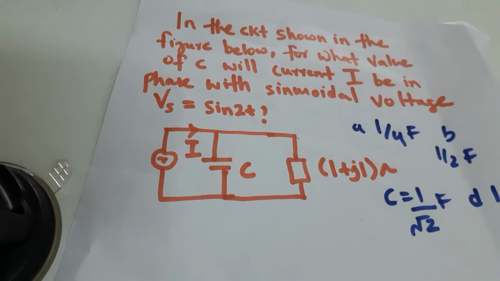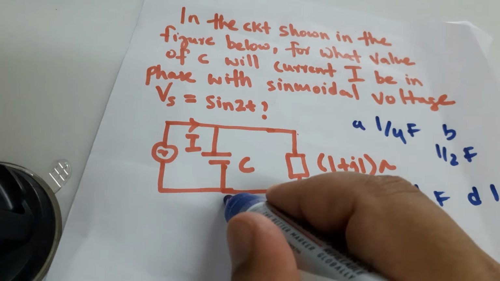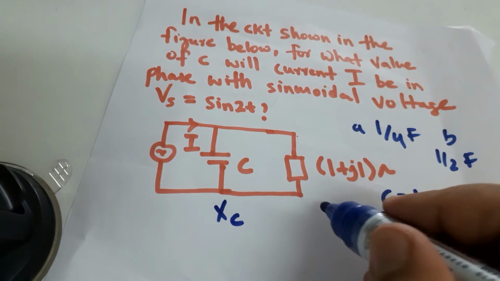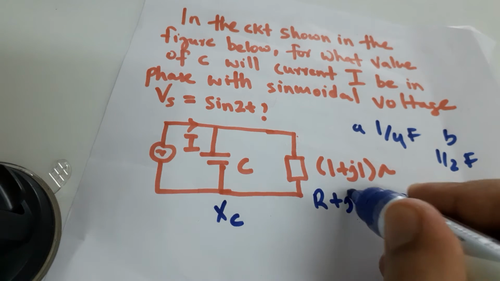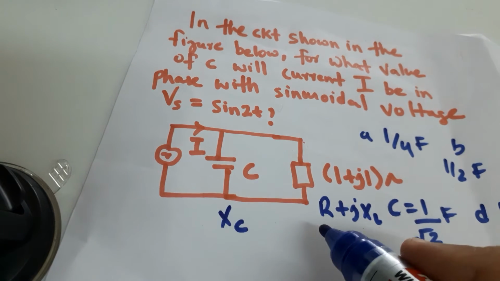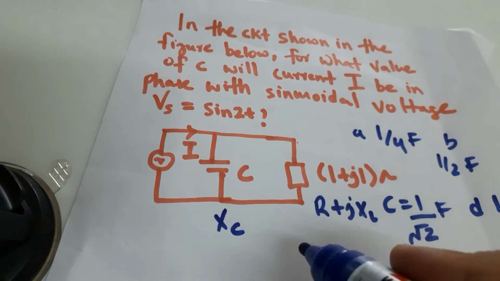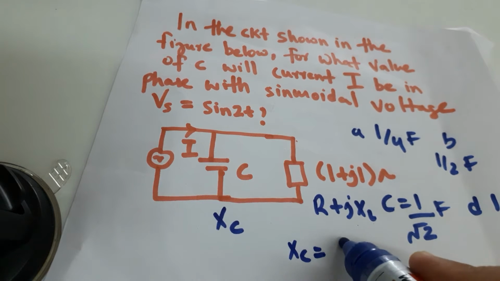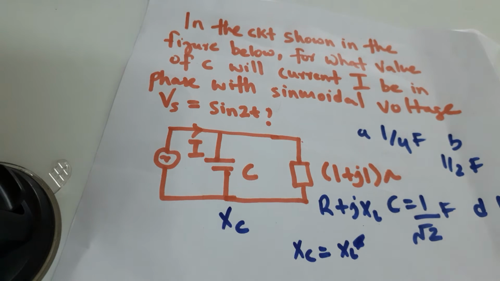Now here, this is not a simple series-parallel circuit, this is a complex circuit. This is Xc, and this is not XL, this is R plus j times XL. If it was simply XL, then we could have written Xc is equal to XL. But here in this case we don't have that. So how to deal with this question? Usually whenever you encounter capacitance in parallel with inductance, you need the value of C.